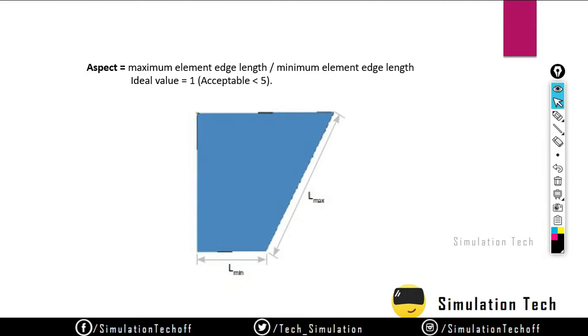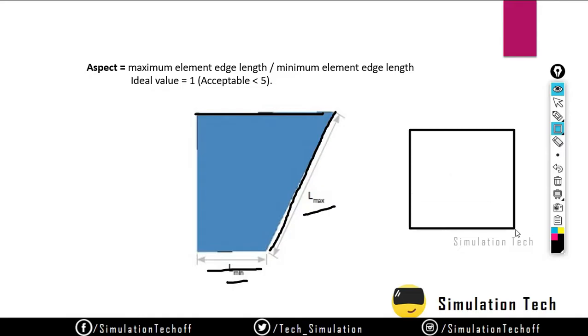That is aspect ratio. Aspect ratio is the maximum length divided by the minimum length. So here, this is our maximum length, this is our minimum length, and L minimum and L maximum mean minimum length and maximum length. So we have a ratio. If I have a perfect quad, like 20 by 20, there won't be any deformation, because all the sides will be equal and it should be exactly 90, 90, 90. When I divide the two values, I will get a value of 1. So that is why the ideal value is 1.